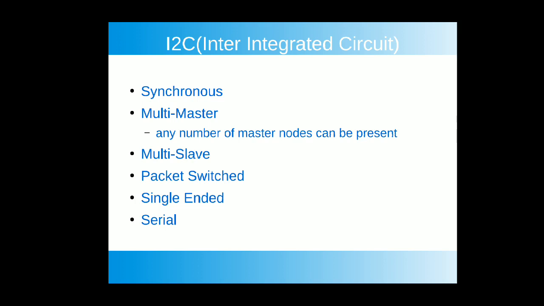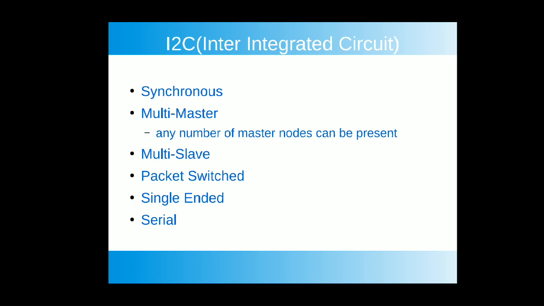By varying the frequency of the clock, we can change the speed of the I2C transaction, and it operates in a multi-master multi-slave configuration. So there can be multiple master nodes and multiple slave nodes present in the I2C system, and each master and slave node is identified by